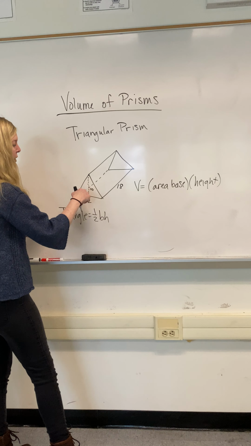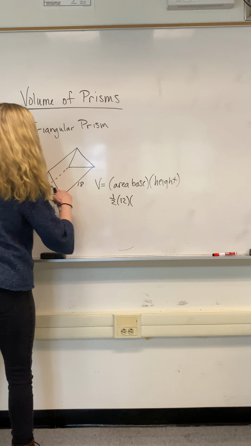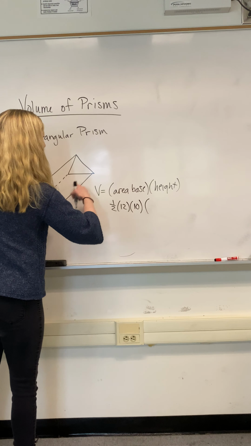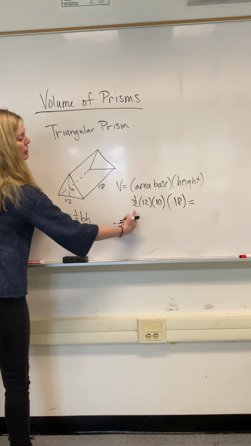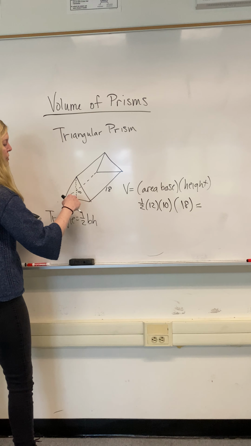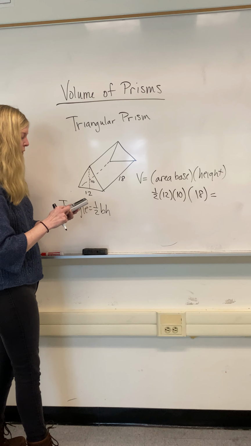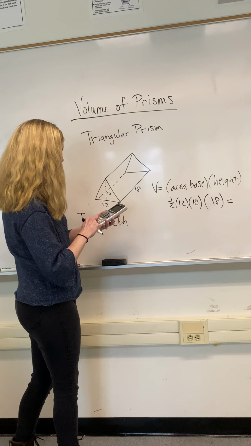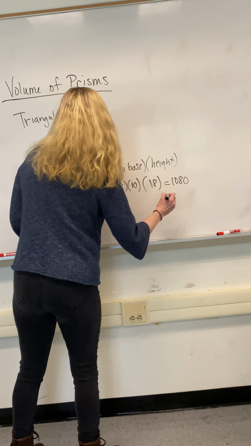So in order to get the volume, you go 1/2 times the base of 12 times the height of 10 times the height of the actual prism, which is 18. So right here, you're just getting the area of the triangle, so area of the base, and then times the height. So if you multiply all of this out, you would get 1,080. So let's say this was